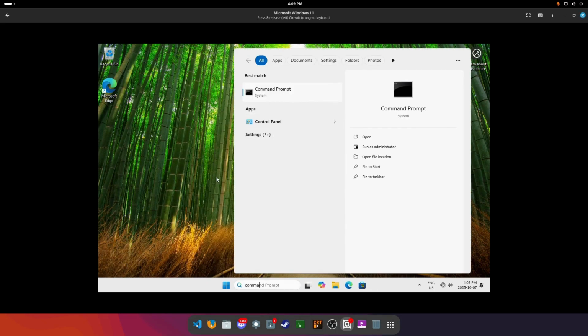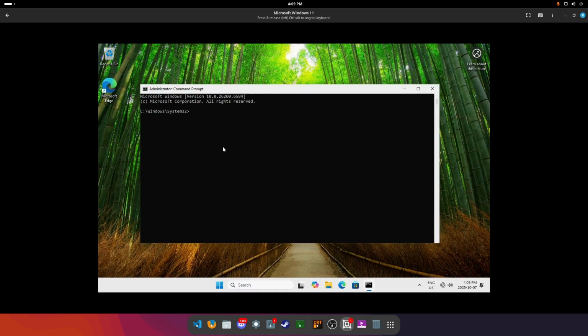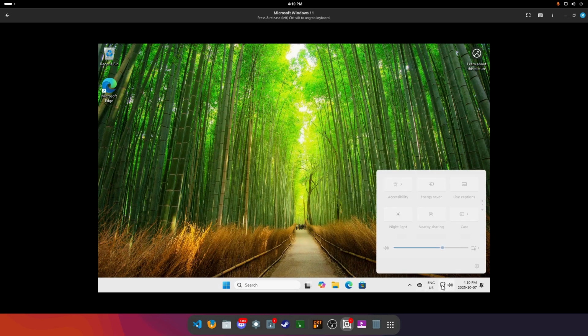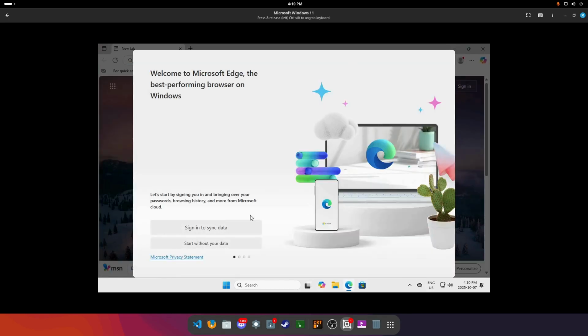You're going to right click, run as administrator. Yes, and then you should be able to do interface, and that should re-enable your internet. And as you see in the bottom right, we've got our Ethernet show up,